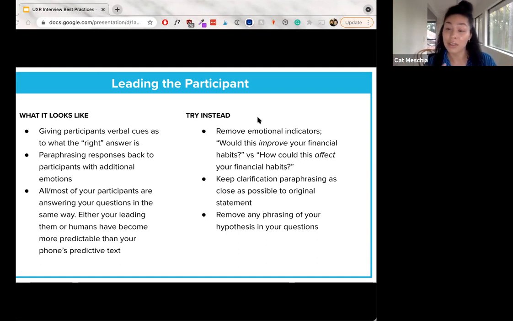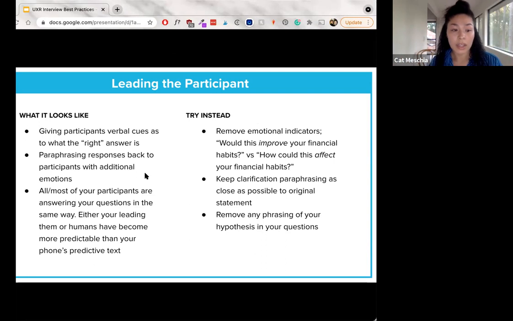When they said the screen makes them feel like a child, they could have meant anything. They could have meant it makes them feel youthful or playful or innocent. And then you paraphrasing emotions with qualifiers within that has completely changed the context that they're saying. And now they're thinking, oh, should I be feeling that way about this screen? So that's really important to keep your emotions out of the paraphrasing.